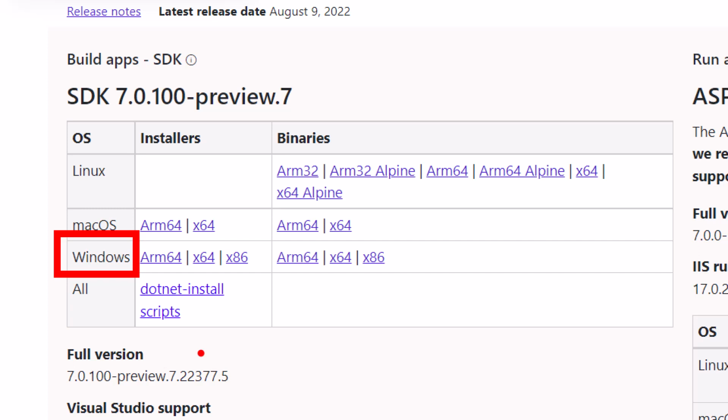If you have a 64-bit CPU, you take that one. If you have a 32-bit CPU, you take that one. If you have an ARM CPU, you take that one. Most of you will go for this option here, the x64.